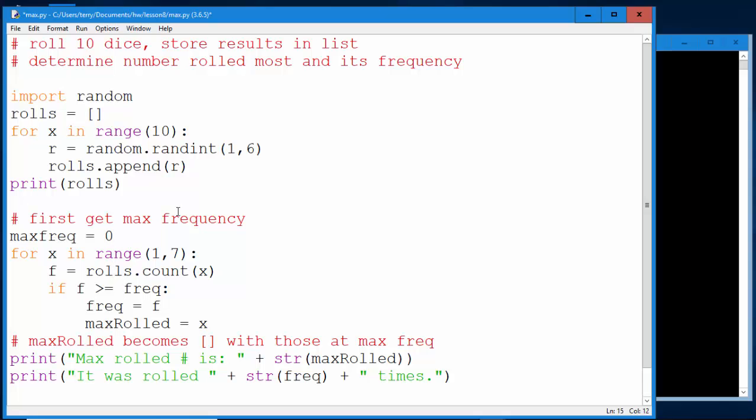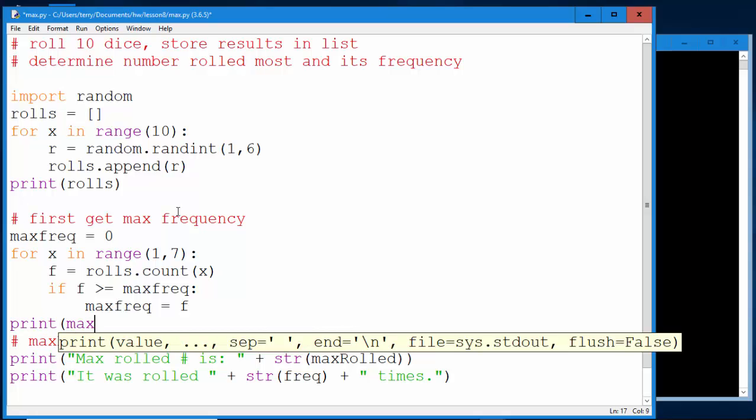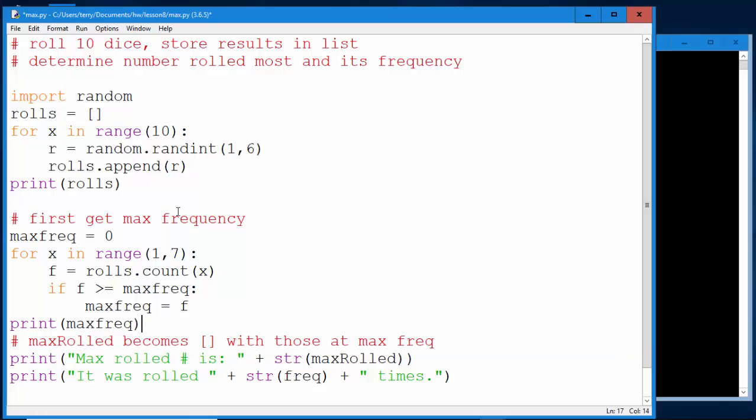We're going to initially assign it to 0, and then we're going to do the exact same thing. We're just renaming our variable to max frequency to make it a little clearer what we're doing. And we don't need the max rolled as we go through this first time. So we're going to go through the list, all possibilities, and get the count for all numbers 1 through 6. And then at the very end of that, let's just print the max frequency and see if this is